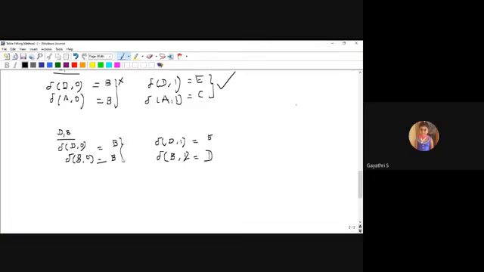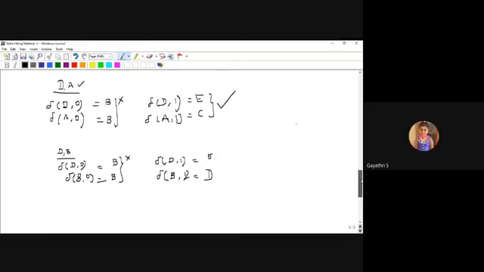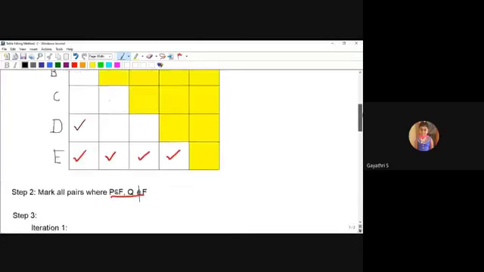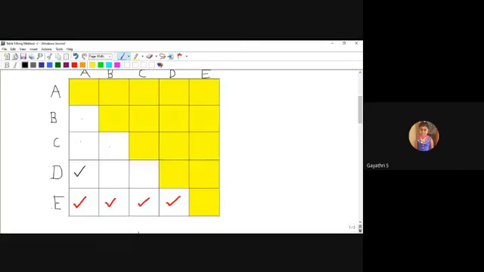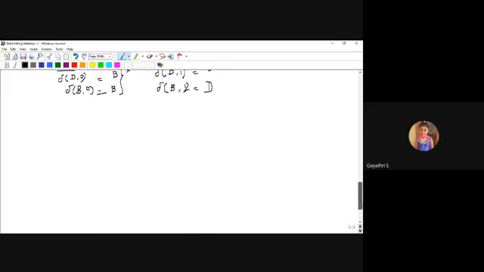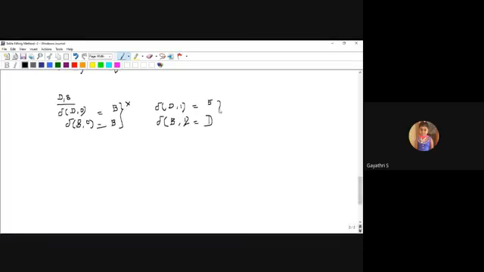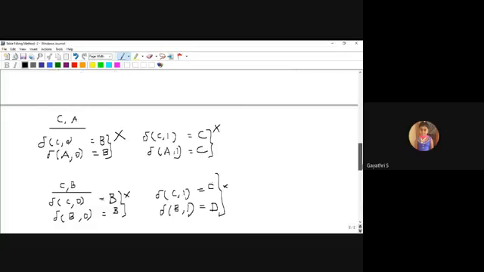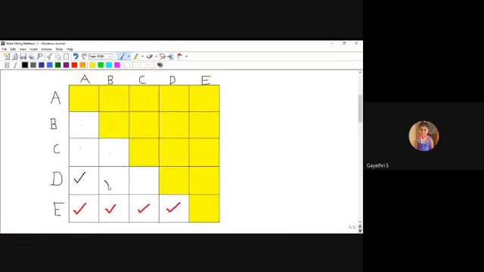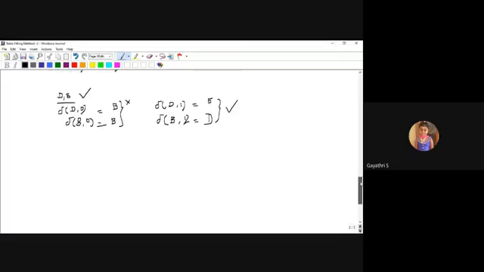This is the self state B comma B, so omit this. ED, I'm going to check whether ED is marked. That is DE. ED is marked. So since ED is marked, I'm going to mark DB. DB is also marked. Next, one more remaining state: D comma A over, D comma B over.